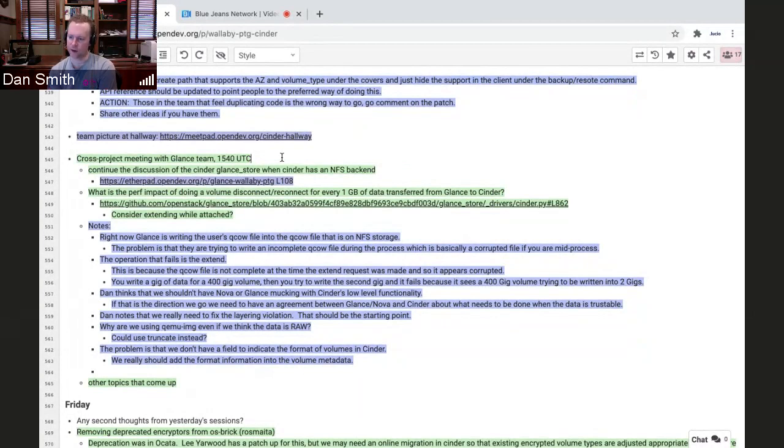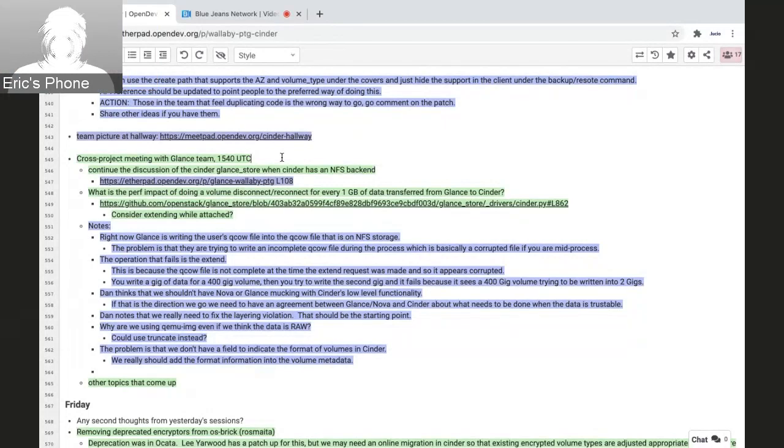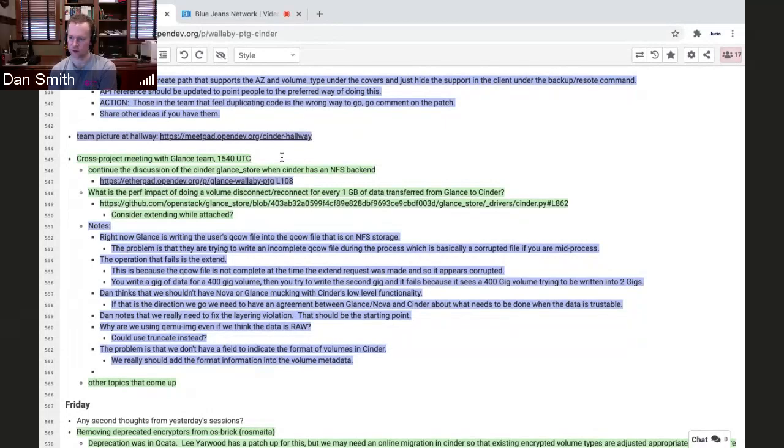And Eric, I don't know, you said it doesn't provide a file descriptor, but in the case where we're attaching via iSCSI or something else, it does provide us, okay, here's the dev mapper path that I've hooked up for you, and it could do the same thing for files on NFS, whether they are raw or they are QCOW2, and we don't need to know, and we shouldn't know.